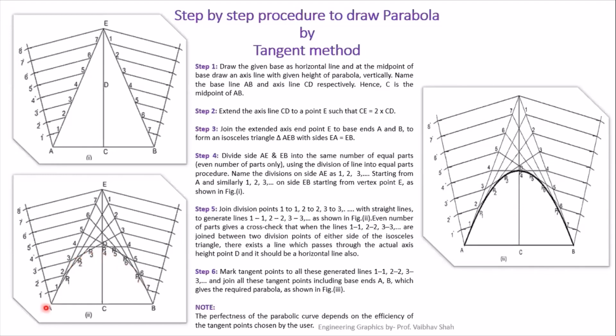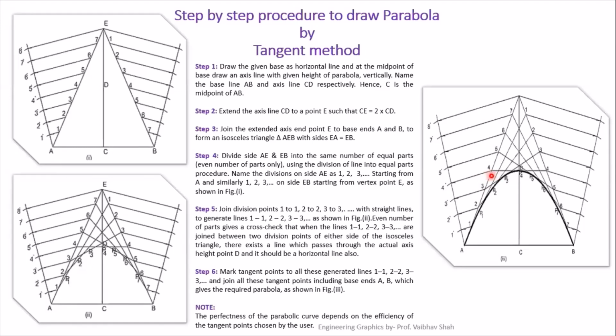So after joining the outer periphery of all of these tangents, we will have this final curve, which is nothing but your parabola. Now, you will ask, sir, why we have divided this portion into an even number of parts only? The reason is, when we divide this portion into an even number of parts, then the condition which is generated is